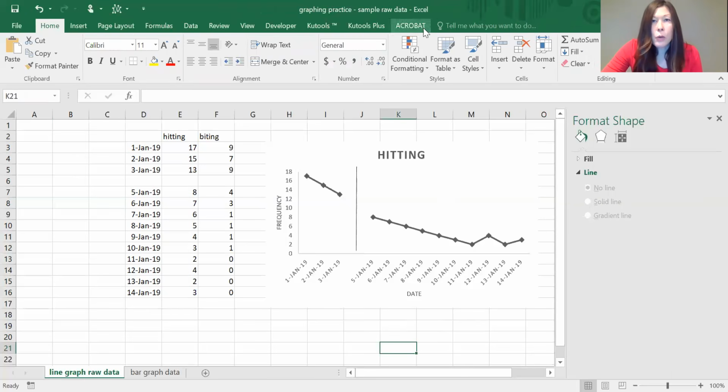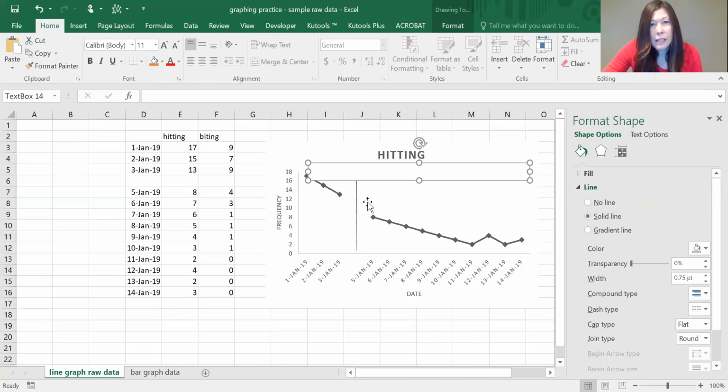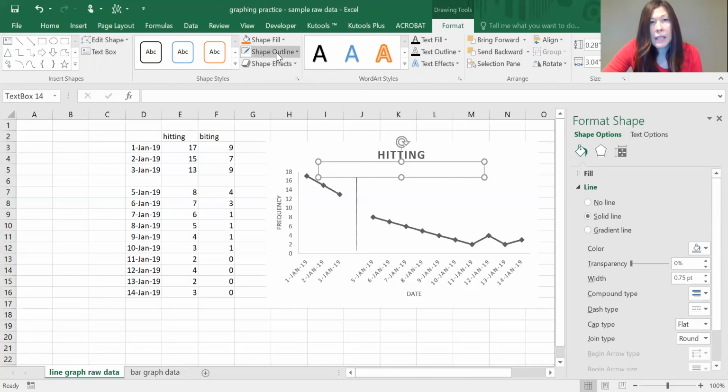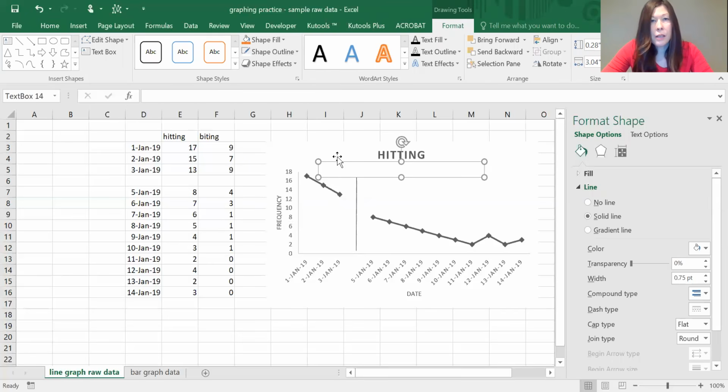So the last thing that we're going to do for an ABA graph is we're going to go to the Insert tab. We're going to select text, and then we are going to insert the text box into the graph. I need to play with the spacing just a little bit in order to make it fit. We don't want this to have an outline, so we want to go to the Format, and under Shape Outline, we want to say nothing. We don't want anything in there. Okay, so now I can label it.